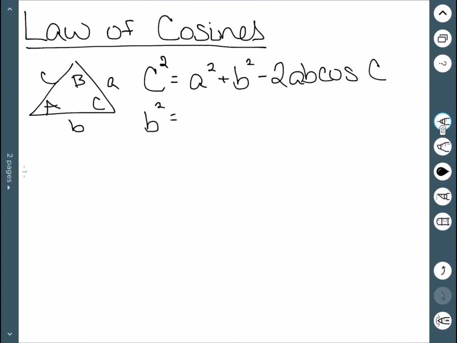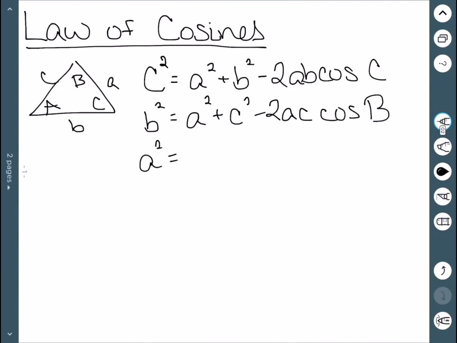We can also switch letters around to say that b squared is a squared plus c squared minus 2ac cosine of b. And then finally we could do a squared is equal to b squared plus c squared minus 2bc cosine a. And this will help us solve the two last types of triangles that we have yet to be